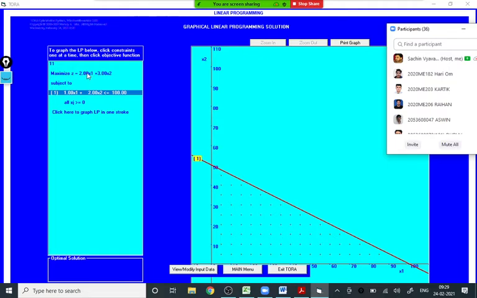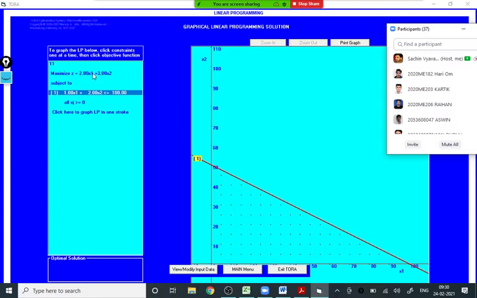Now if we plot this objective function, remember the slope of the objective function is very important. The equation of the objective function is 2x1 plus 3x2 equal to z. Z can be anything. For example, at the origin 0, 0, z is 0. If the slope of the line 2x1 plus 3x2 is equal to the slope of this constraint, we get infinitely many solutions, because whenever we want a maximum solution, we draw the straight line at the origin and then drag it away from the origin.